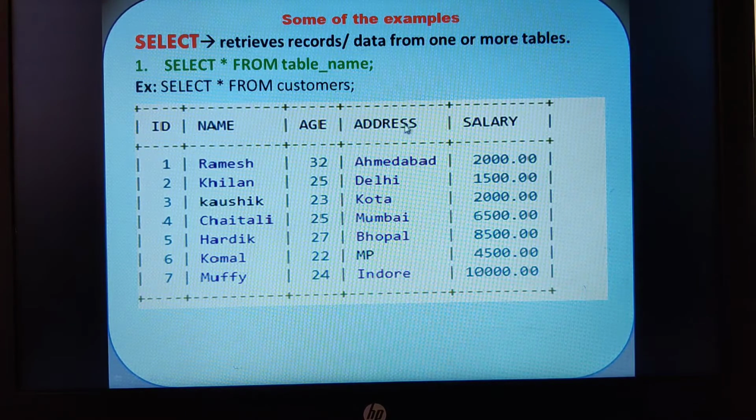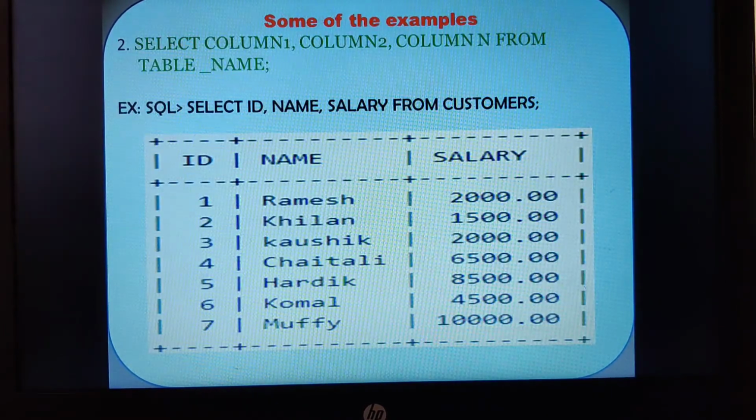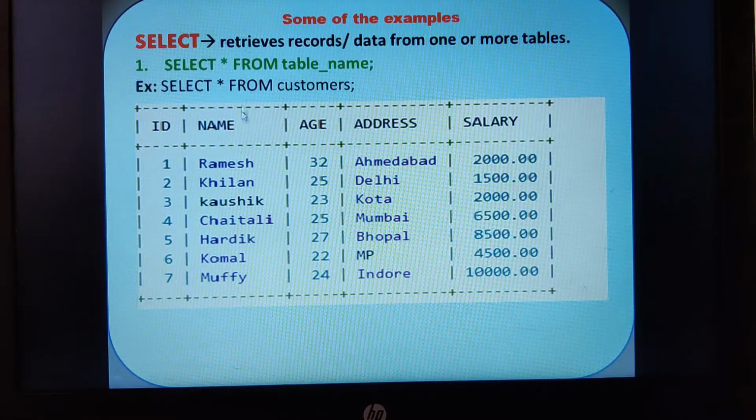Now I want to see the entire contents, so I need to write a query as select star from customers and semicolon. When I execute it, the entire table will be displayed on my desktop with all the contents. I hope you are able to understand. Moving on to the next form of the select command. Now I want to see specific columns in my table. I have told you about the asterisk. This is important. This asterisk indicates that it wants all the records.